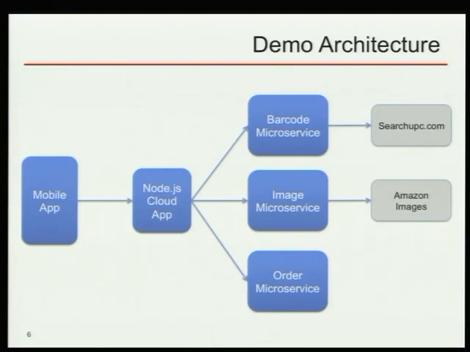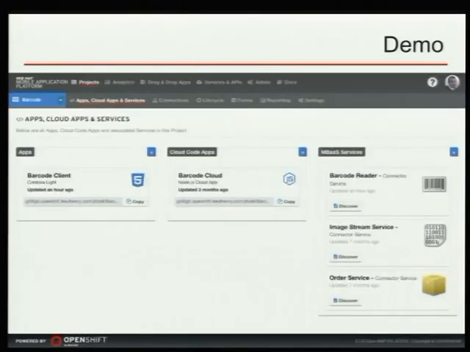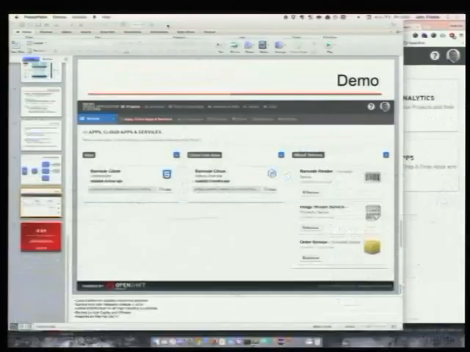So, excuse me, how this is represented in the actual platform is this screen here, and we'll be in and out of this screen quite a bit, but we can see the same layout that we looked at on the previous slide. You have the client, you have this Node API server in the middle acting as the mediator, and you have the 3 microservices over here that are doing all of the heavy lifting. Okay, so let's not do any more slides. Let's do some code.